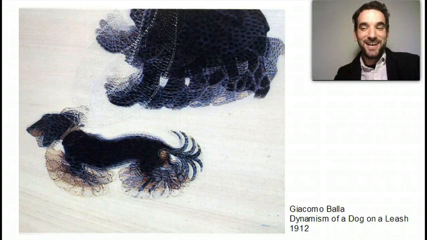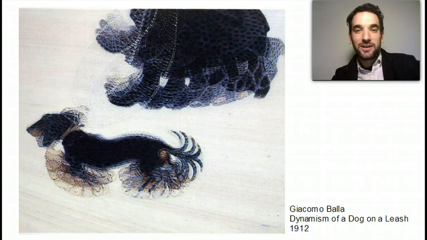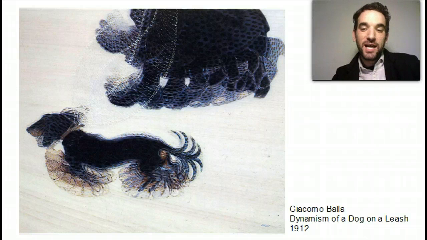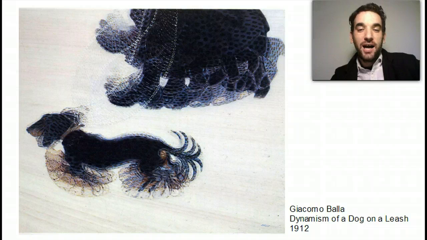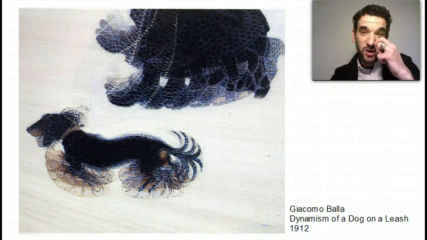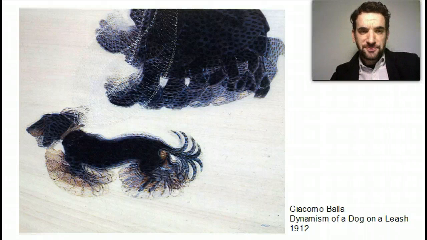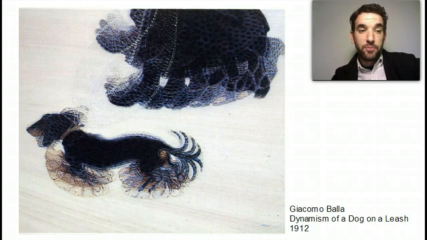Funny, right? This is another Balla work. It's from a few years later. It's called The Dynamism of a Dog on a Leash, and it's just pretty cute. It sums up a lot of the way that the futurists thought about their works, where the Cubists were breaking things apart as a means of analyzing them or putting them together as a means of better understanding them. The futurists were really captivated by